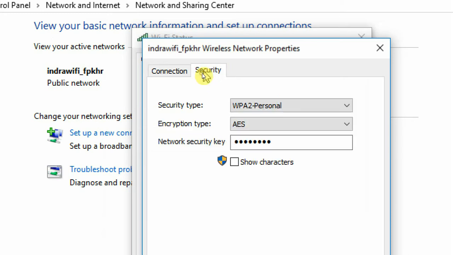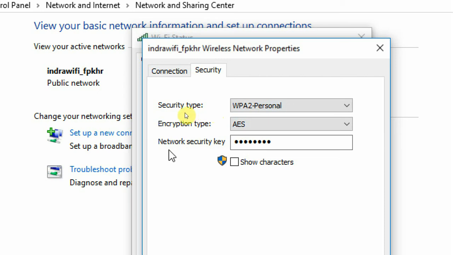Let's go here just by clicking, and here we can see security type, which is WPA2 personal, and the next option is encryption type. This is AES, and the next thing is network security key. We need the network security key, that is just the password of that Wi-Fi.